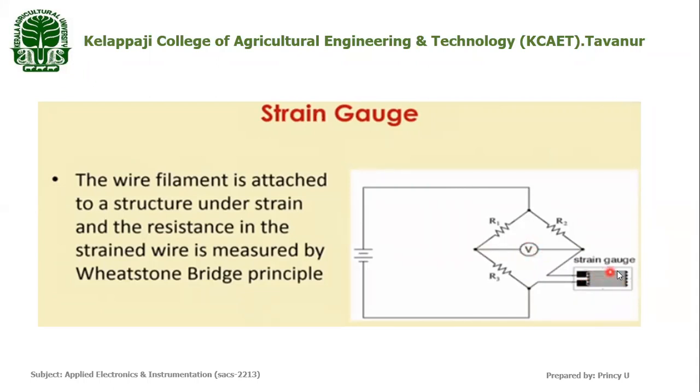So when we place this strain gauge on a material whose strain is to be measured, the force is applied on the material. So that strain gauge is attached or cemented on our material whose strain is to be measured. So we bonded that strain gauge on the solid material. So when we apply a force on it, the same strain will be applied on this strain gauge also.